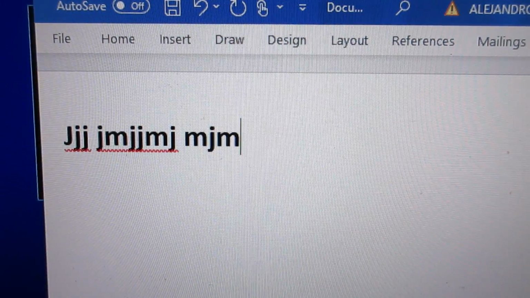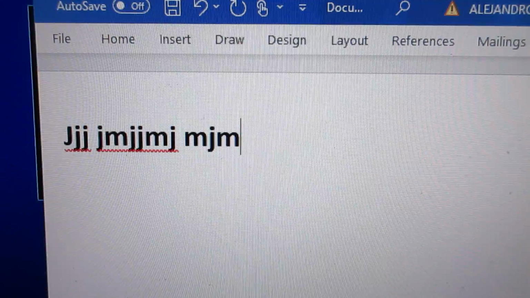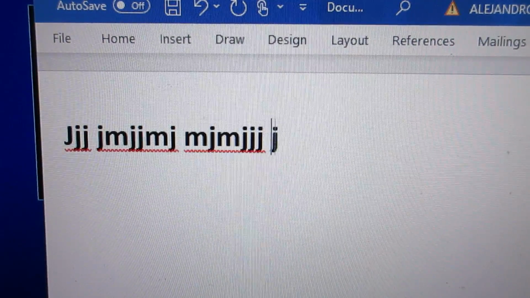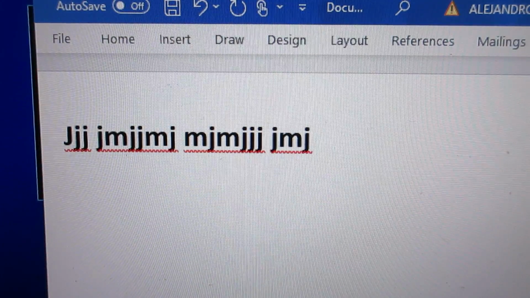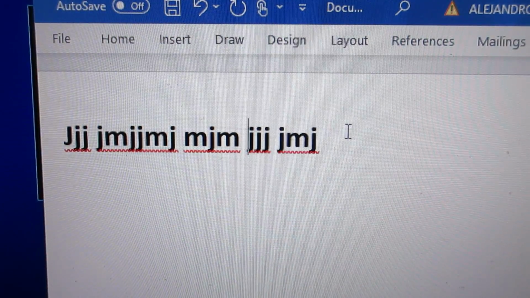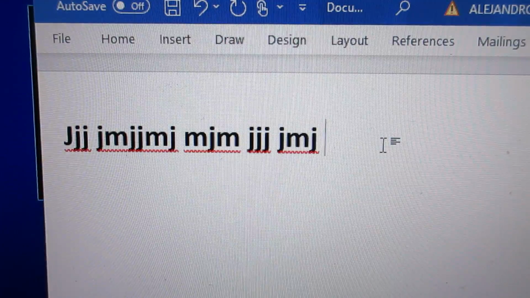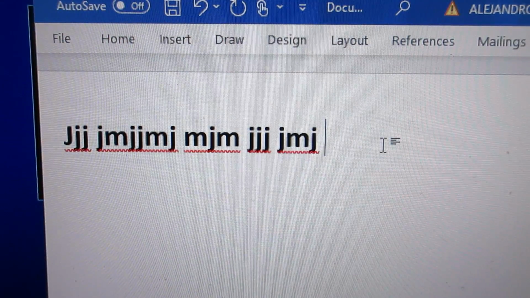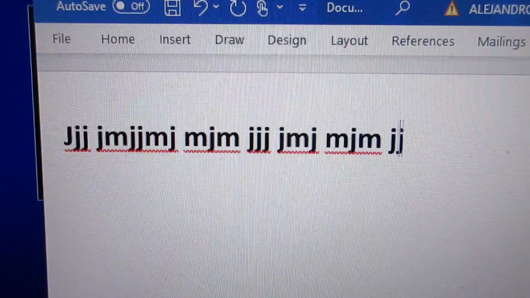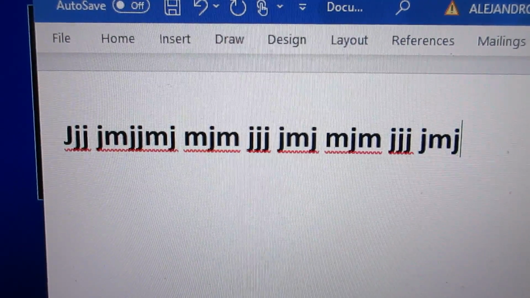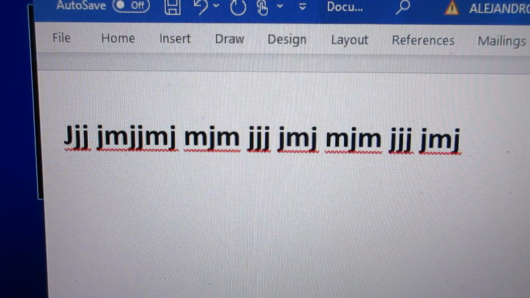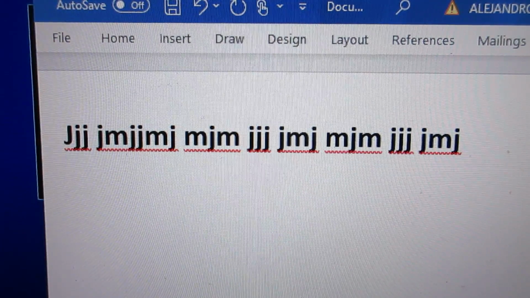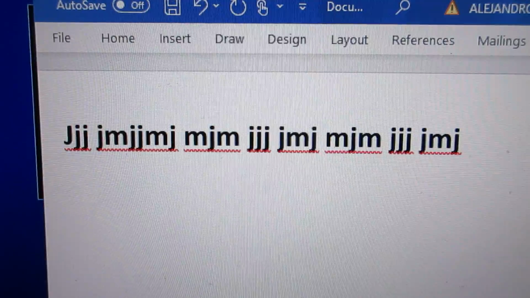M, J, J, J, J, J, J, M, J, J, M, J, M, J, M, J, J, J, J, M, J, enter. Type that each line 2 times. Okay, next is